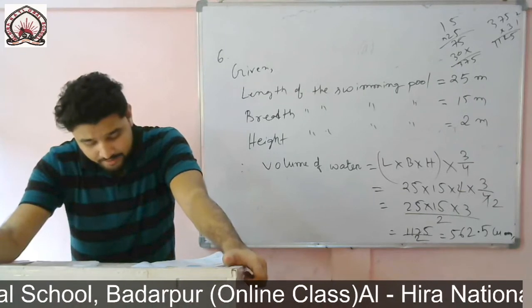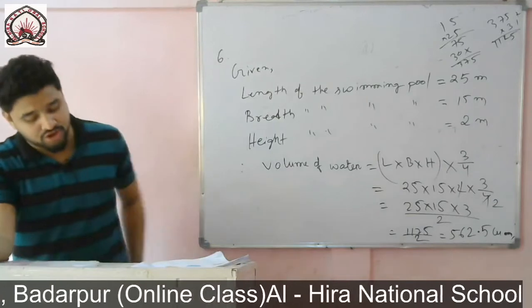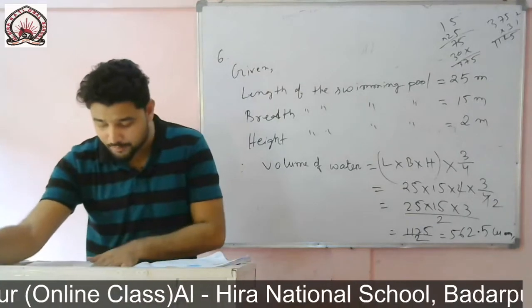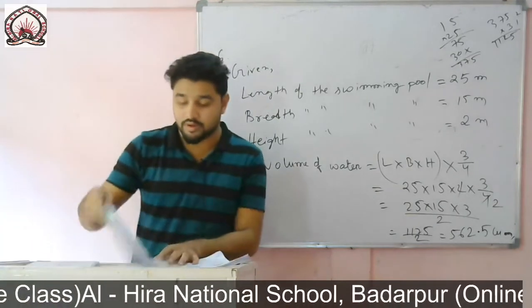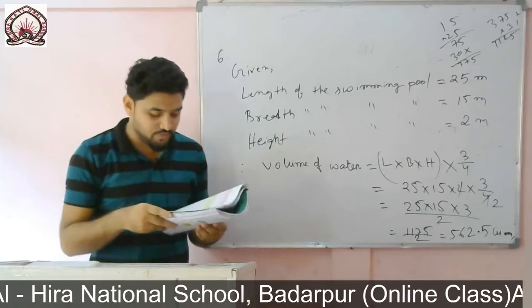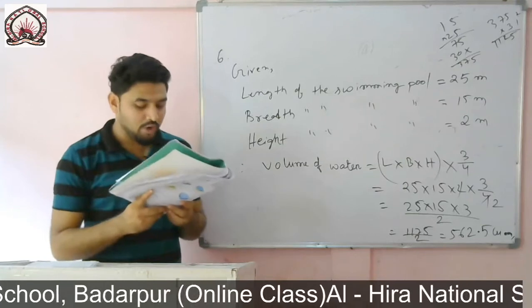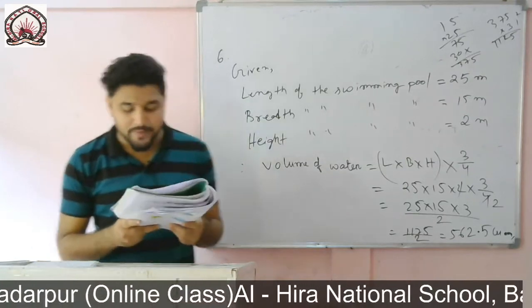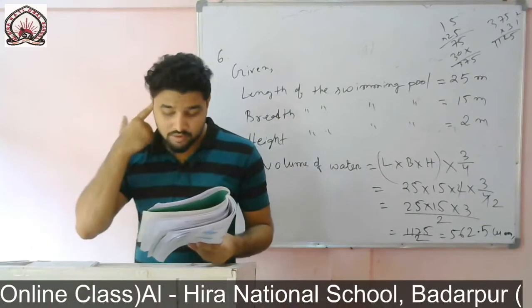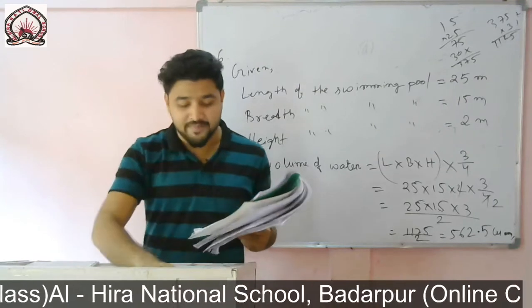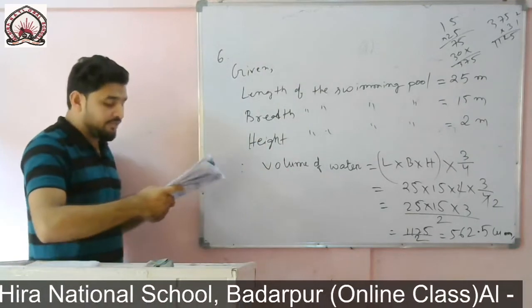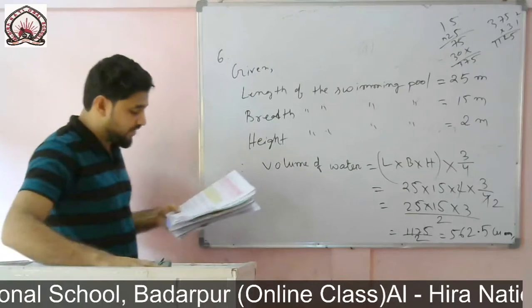If the biscuits are packed with no space between them, what is the volume of each biscuit? Okay, so to find the volume of each biscuit, first we will find the volume of the biscuit packet. After that we will divide by the number of biscuits,